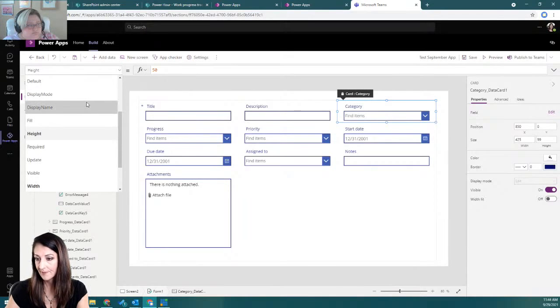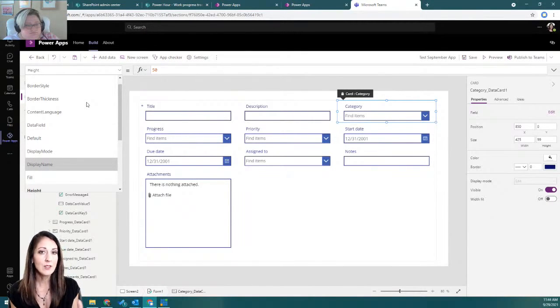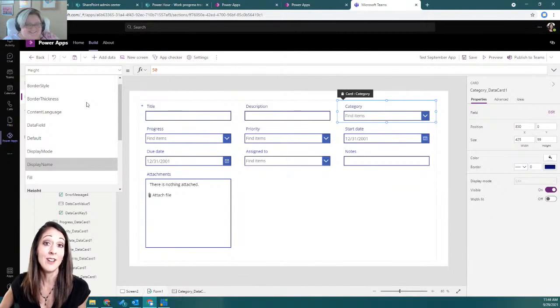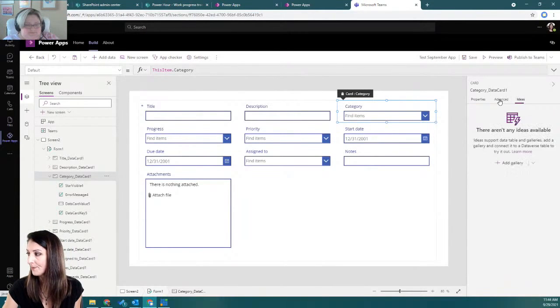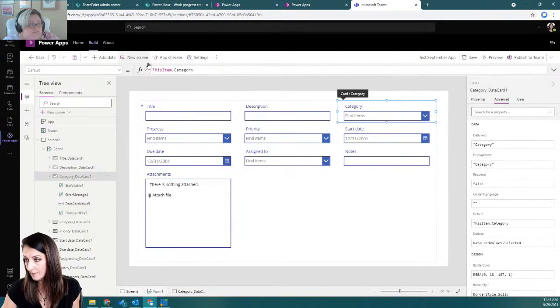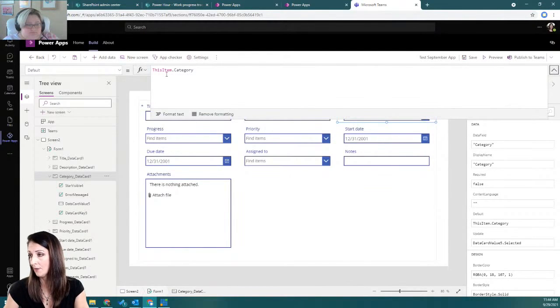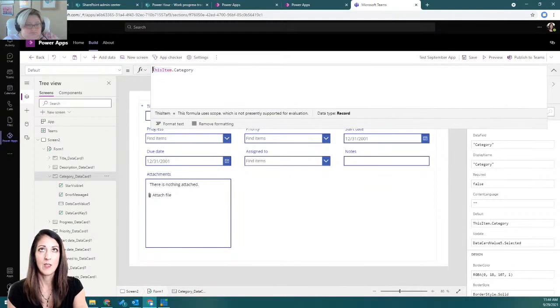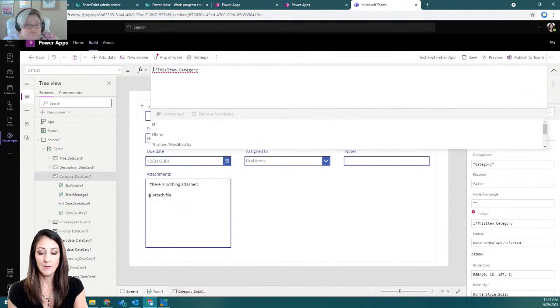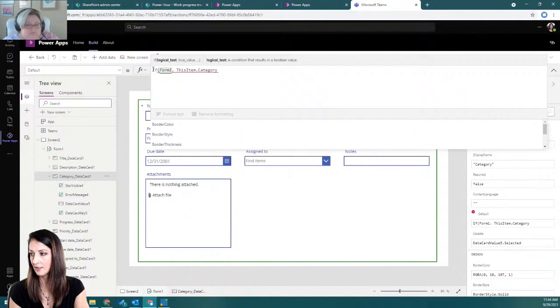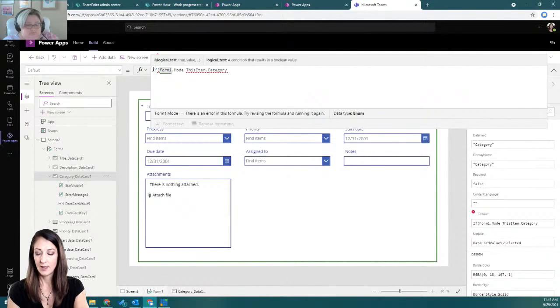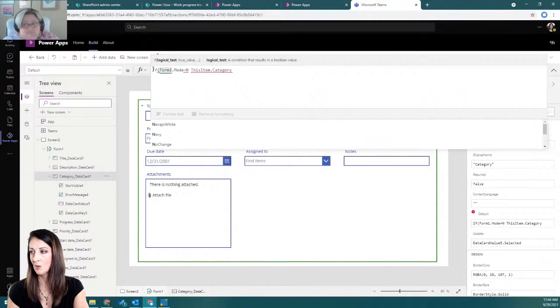So now we're at 11:44, so this is the part of Power Hour where it might go off the rails because I sort of tried this ahead of time, but not really. So I've got my default for this card. I'll unlock it, and then I'll say if Form1.Mode equals New,